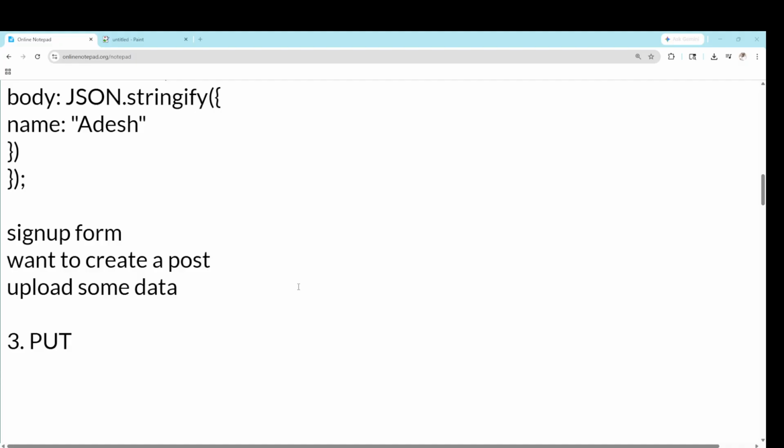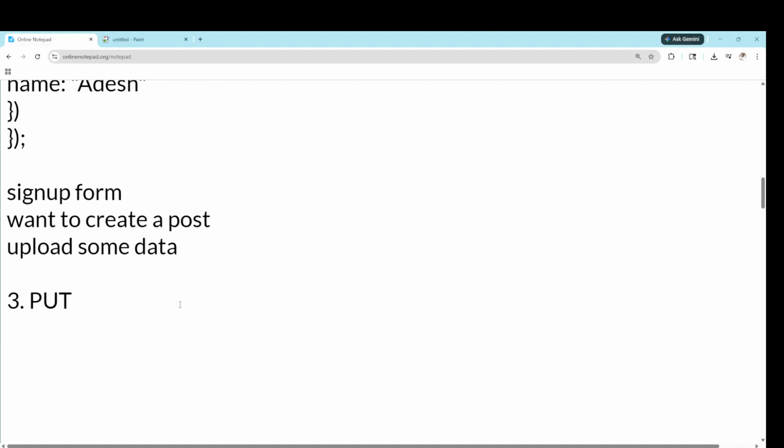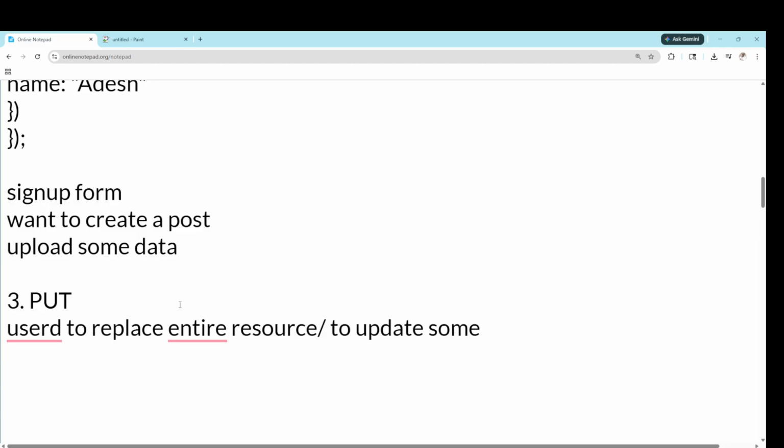So put is used to replace the entire resource or to update some records, okay.